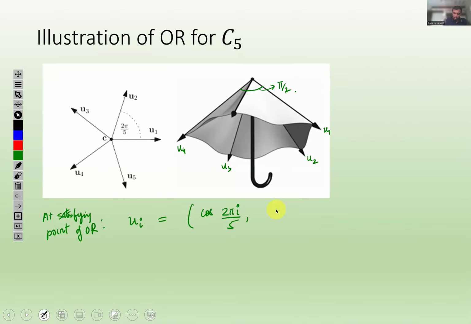So i is the index i here. Okay, and then there's some third coordinate. This is in 3 dimensions. If you look at the projection on the spokes plane, it will have certain coordinates, and then there's a z coordinate also. We have not determined z yet, but